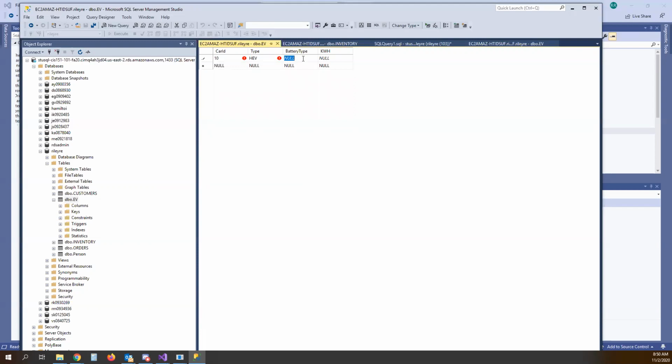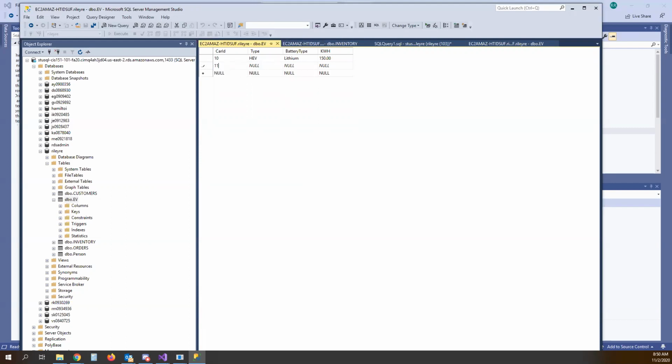The battery type is always lithium ion or whatever, we'll just put lithium. I don't even know what the kilowatt hours are. I was just looking online. They say we'll go 150. And then Tiffany's,